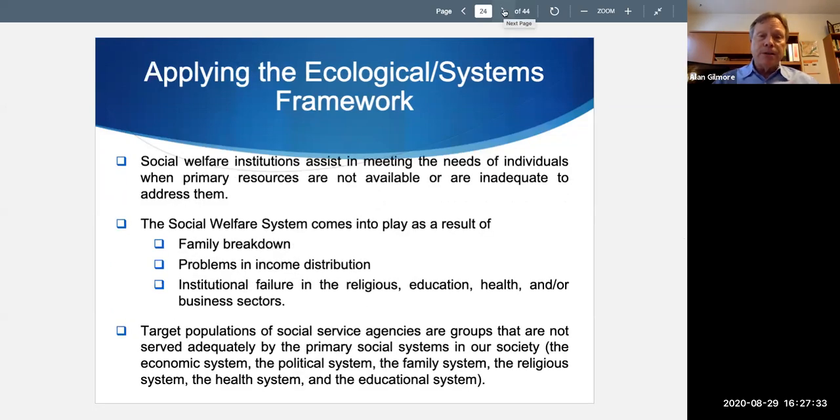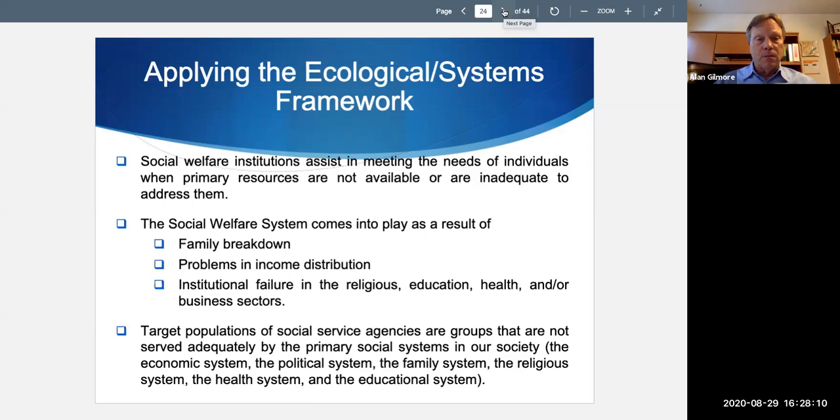Social welfare institutions assist in meeting the needs of individuals when primary resources are not available or are inadequate to address them. So when a family, when a couple, when an individual finds themselves not succeeding as they would like to, it often has to do with either a deficit in the environments that they're operating in, or something in terms of their ability to function successfully within those environments. And that's at a point in time when resources are brought in to sort of modify